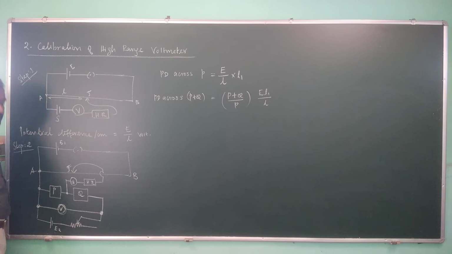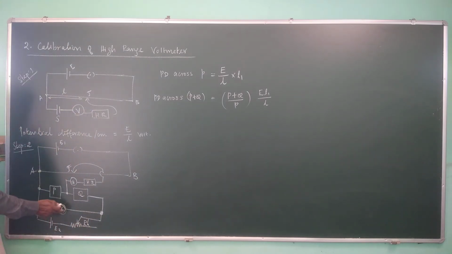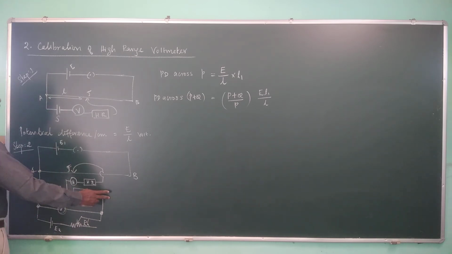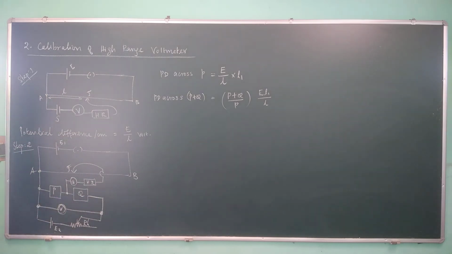So now we can vary the potential difference across P and Q for different values of voltage by varying the rheostat. By varying the rheostat, we can make different values flow across the voltmeter. For different voltmeter readings, we can calculate the balancing lengths. And by knowing the values of P and Q, we can theoretically calculate the potential difference across these two points, which we compare with the voltmeter reading, and the difference is nothing but the correction.